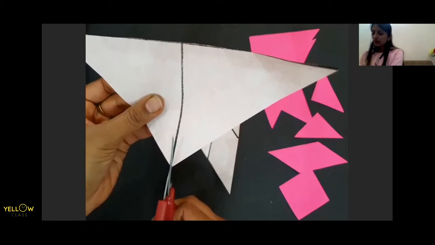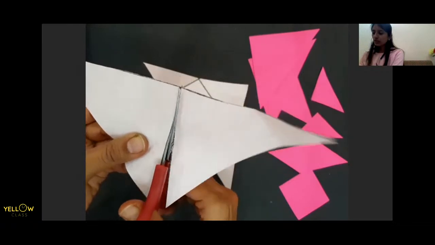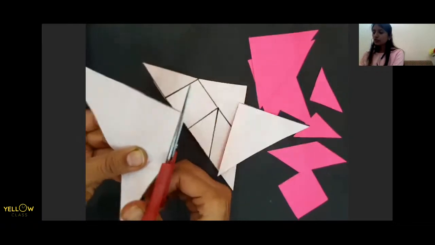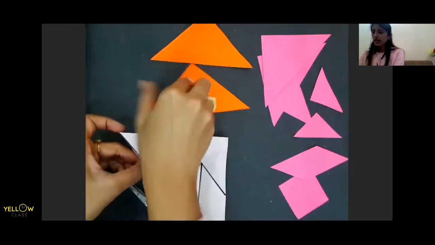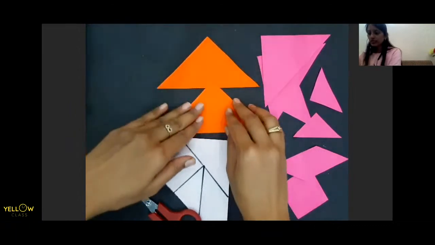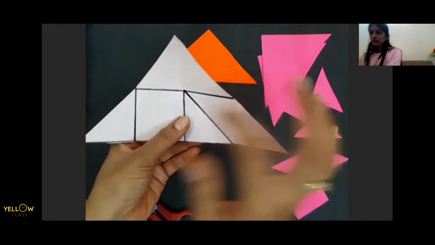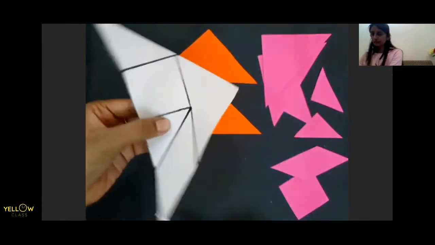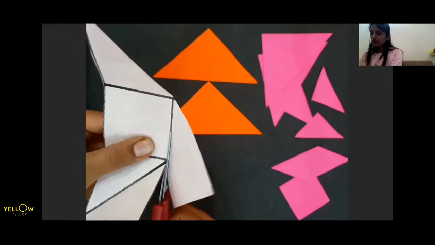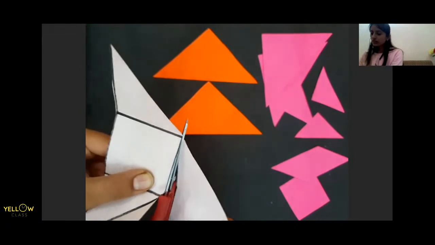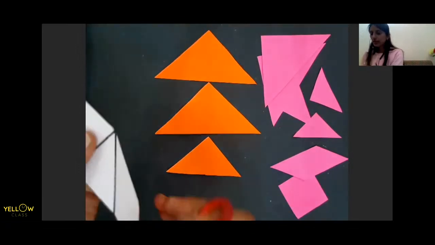Fine. So it should be straight along the line so that our shapes have sharp pointed corners. So my one triangle is here and the other triangle is also done. Right? We have two big triangles done. So now in this shape, we will cut this third triangle along this, again, black line, a straight line, which we have to cut. And don't be in a hurry and just do it. This is the third triangle I am having.